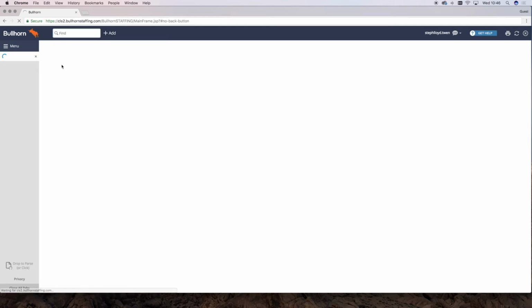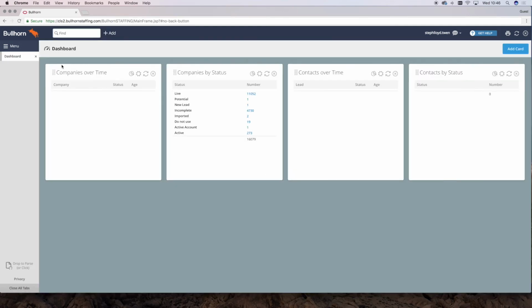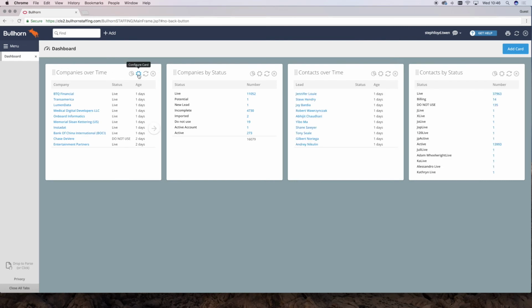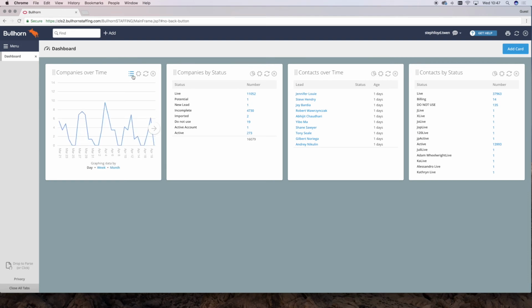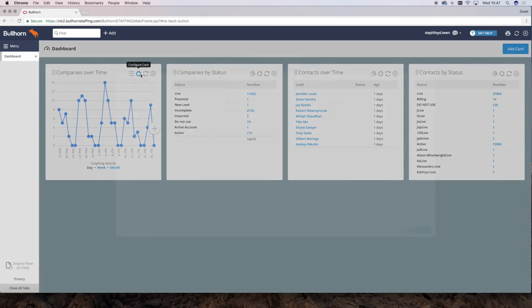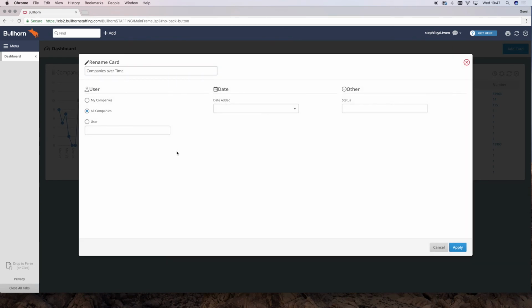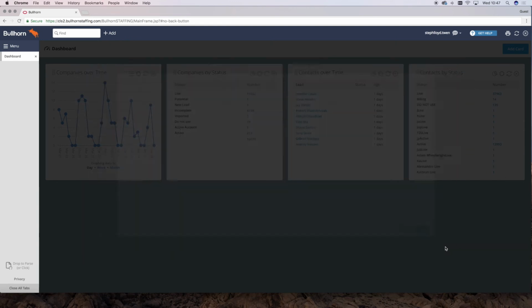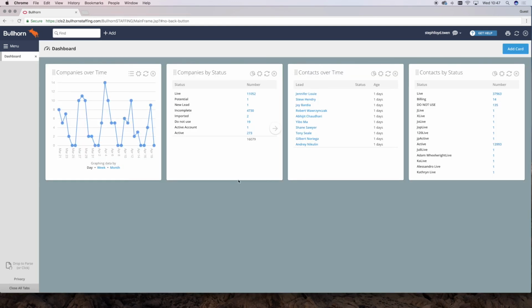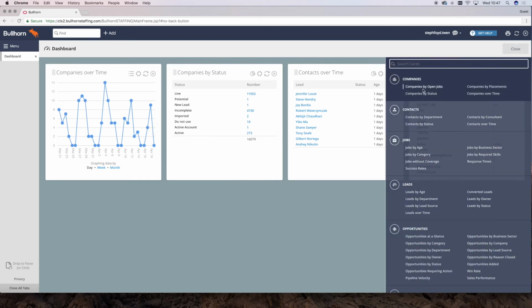The list view dashboards are available to everyone and offer a more visual display of your information. Most cards will allow you to toggle between a graphed and a list format. All cards will allow you to filter and configure your data. This means you can make sure the data that's shown is relevant to your desk. And once you've customised your cards, you can also rename them. You can add and remove cards from your dashboard